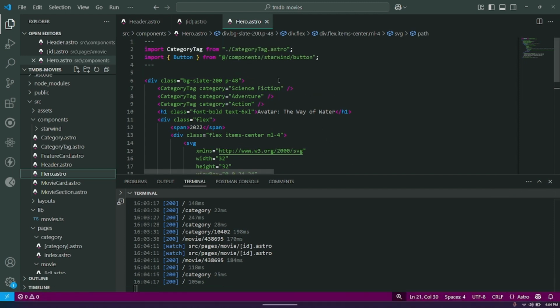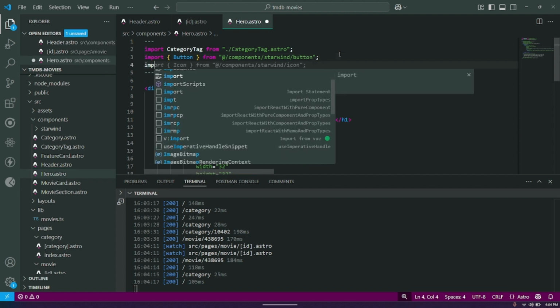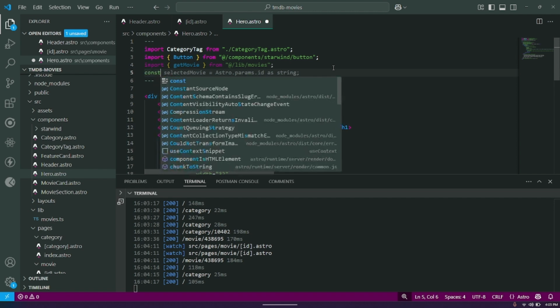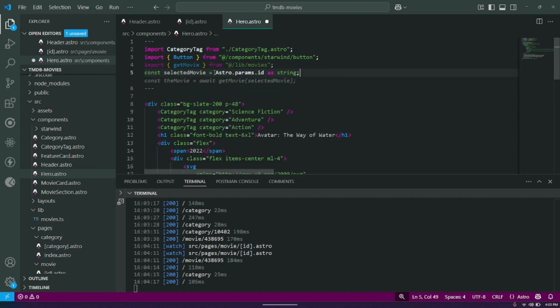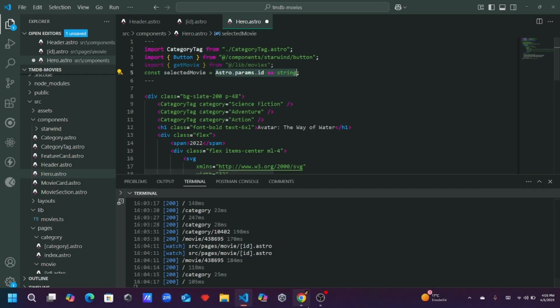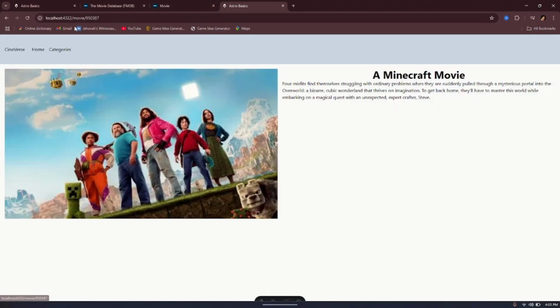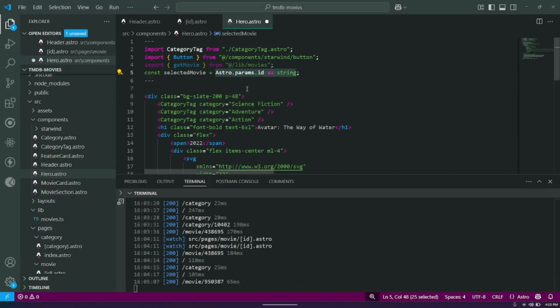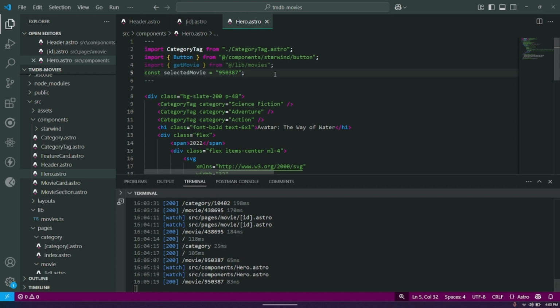So we could, yeah, we can get movie, and const selectedMovie equals, we're going to use this one as our movie. This is the ID we want to use. Obviously you could change that, and